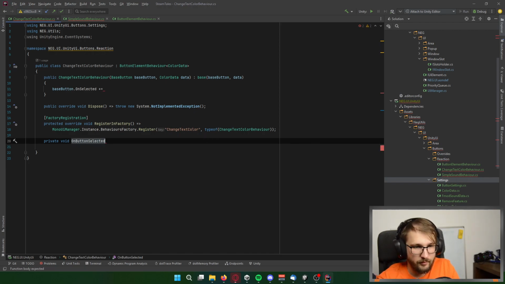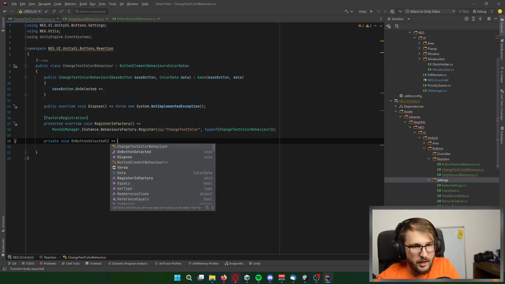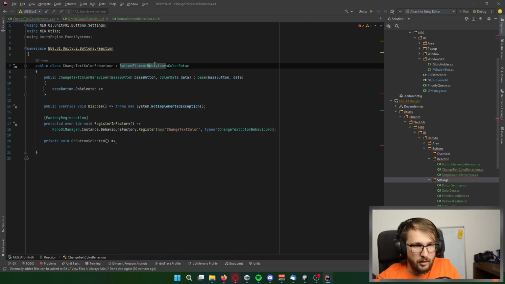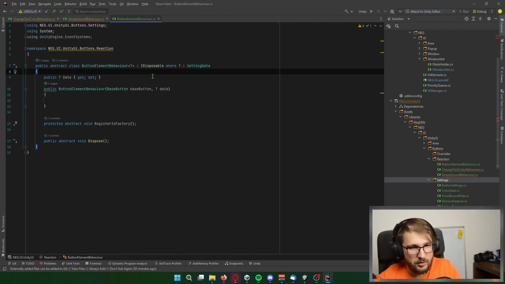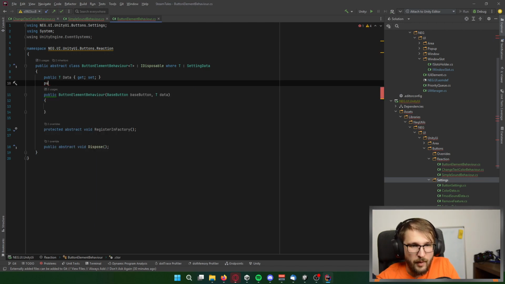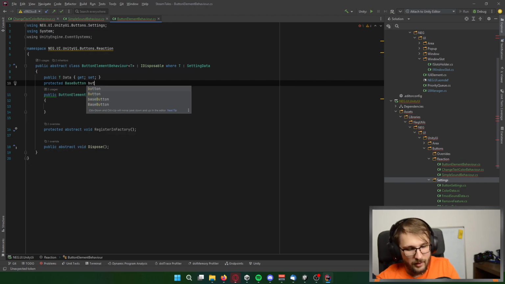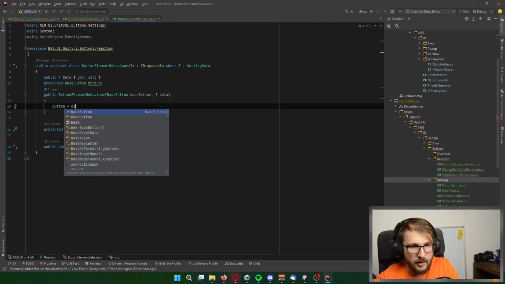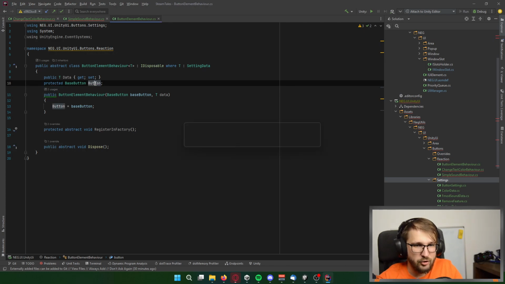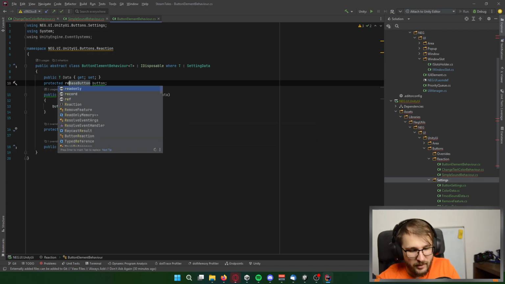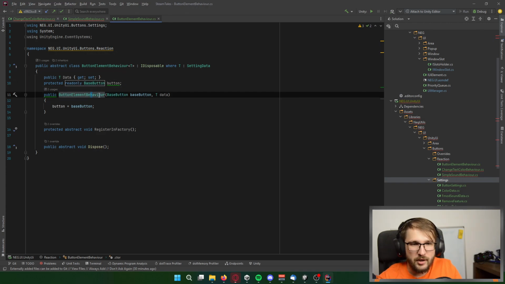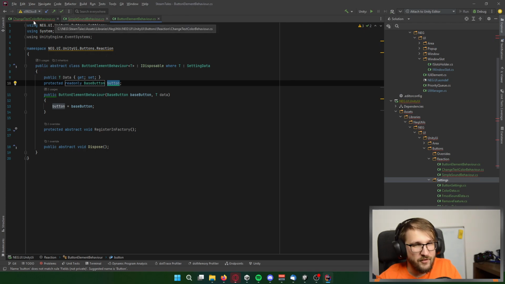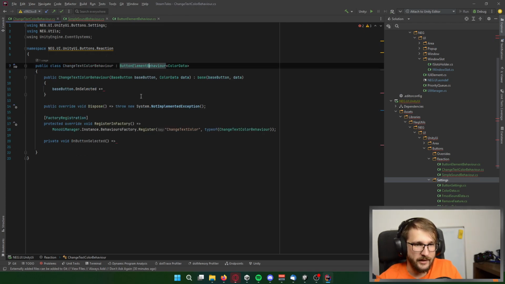And here I can also have not public but protected base button, like button, and in the constructor I can write only like button equals base button. What is more, I can make it read only, to be sure that no one changes this property,